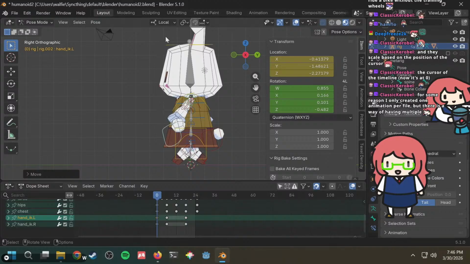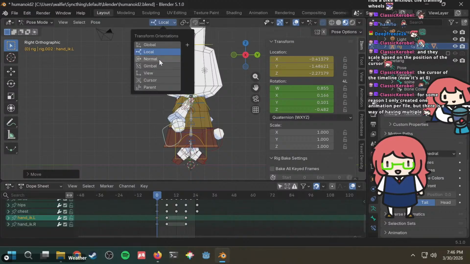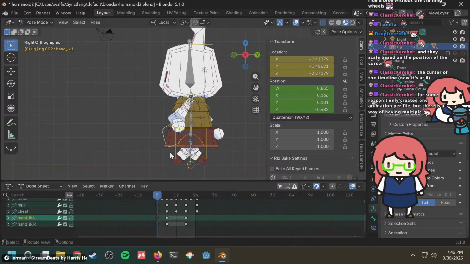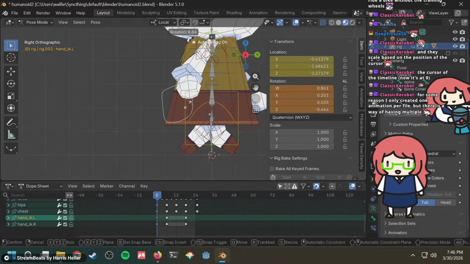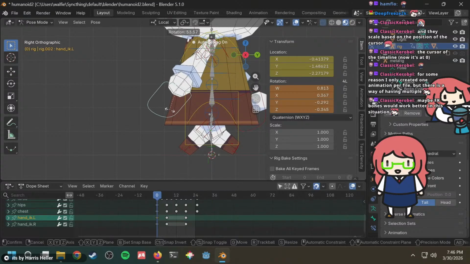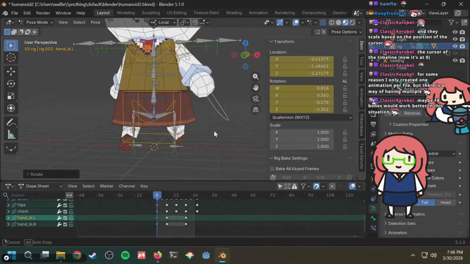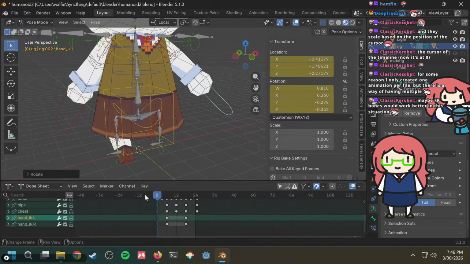Rotate. How do I add, let's see, what was gimbal? Align each axis to the Euler rotation axis? No. What's a more intuitive way of rotating this? FK bones, I think so as well, but how do I choose that? How do I choose that?